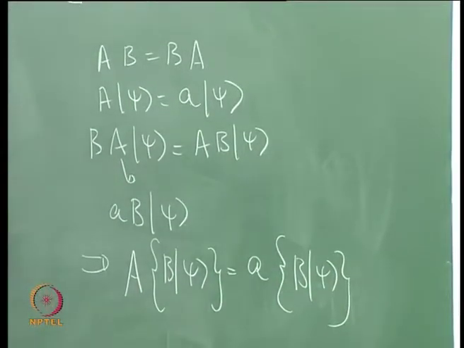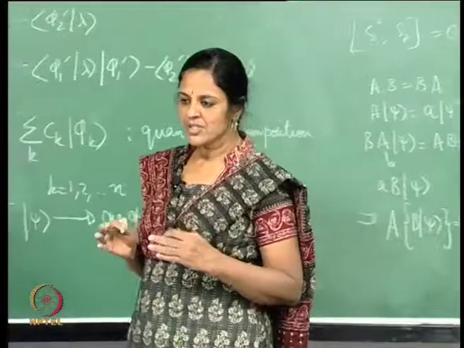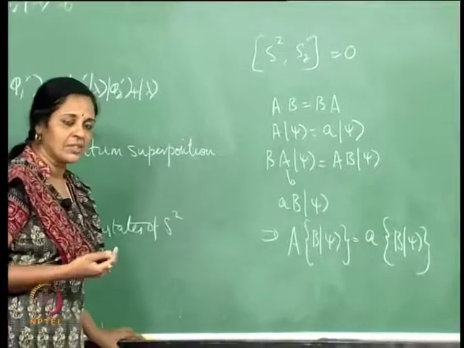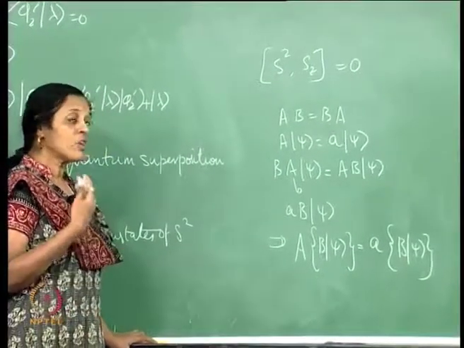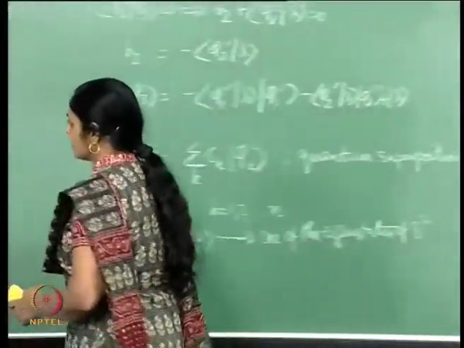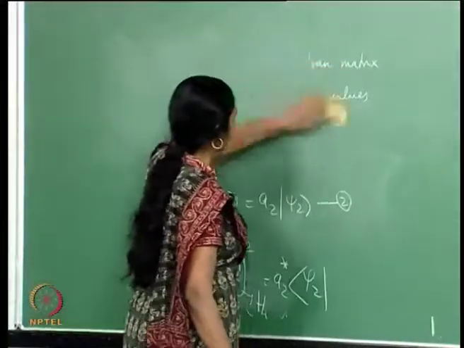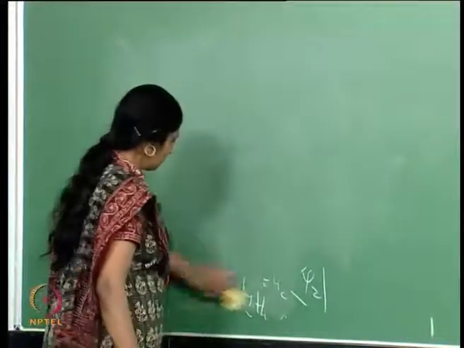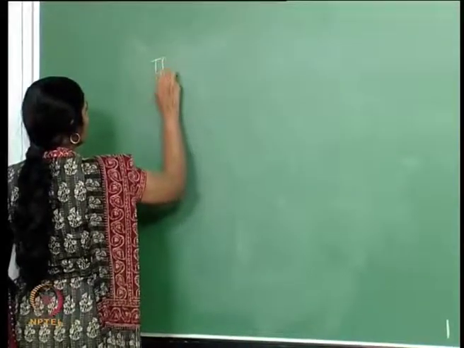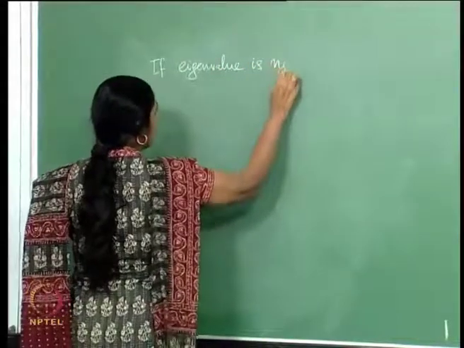Now, two cases arise. A could be non-degenerate. In other words, there is not more than one eigenvector corresponding to the eigenvalue a. If at all there is one more, that is linearly dependent on the other eigenvector. So, I consider that case, that is an easy case to consider. So, if the eigenvalue is non-degenerate,